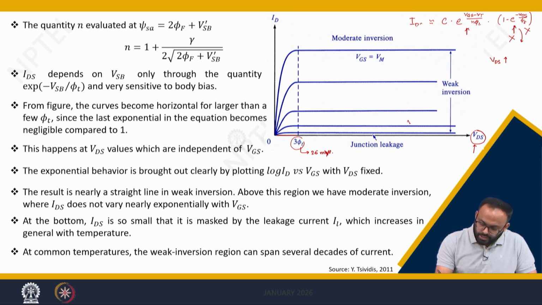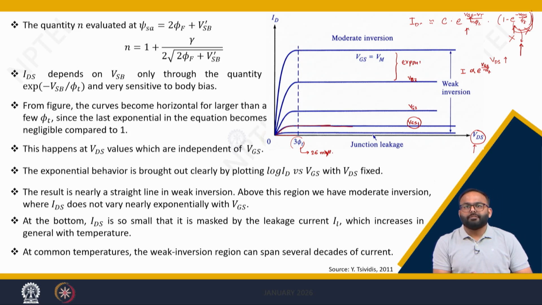So for a particular Vgs value, let us say this is Vgs1, Vgs2, Vgs3, you are just increasing the drain voltage a bit and the current becomes constant. It is not dependent on Vds because this term is gone. Here the other thing is, if you are increasing Vgs now, for Vgs equal to 1, this graph is there. For Vgs equal to 2, the current is now exponentially dependent on Vgs by n times of phi t. So this difference is now exponential,